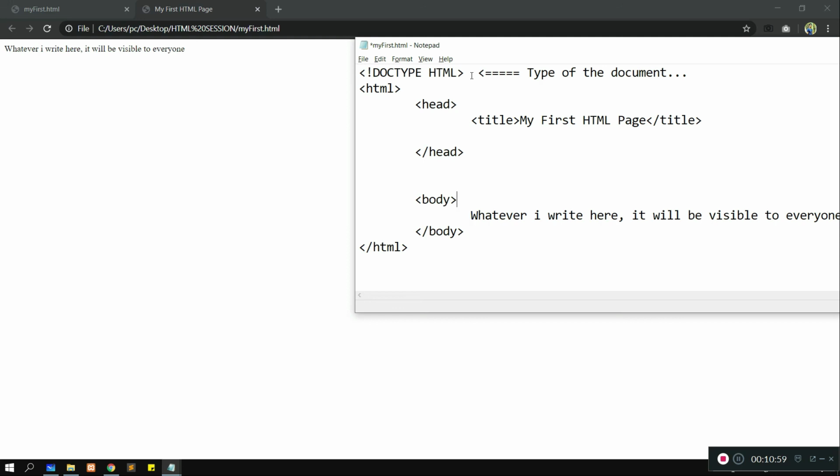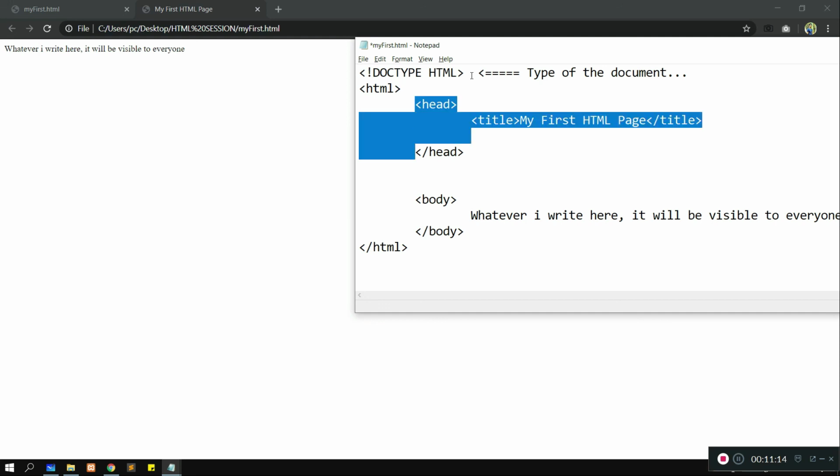Okay guys, so doc type HTML defines the type of the document. This HTML defines the starting of the HTML code. This head part defines the starting of the head tag basically, or element also. Do not get confused in tag or elements.